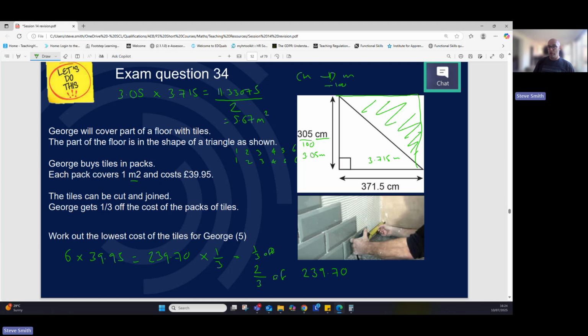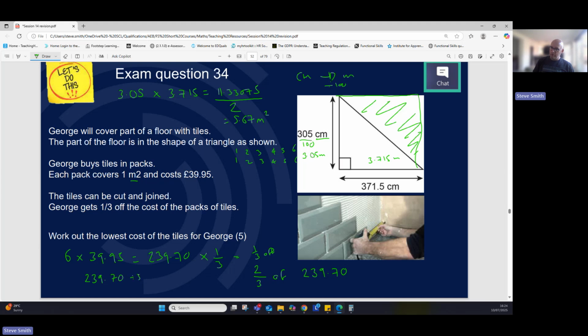So we need 2/3 left, 2/3 of 239.70. How will we do that? Well, we've got the fraction here, so we know we want to break this number down into 3 equal pieces, because it's thirds. I'll do it over here. We're going to go 239.70